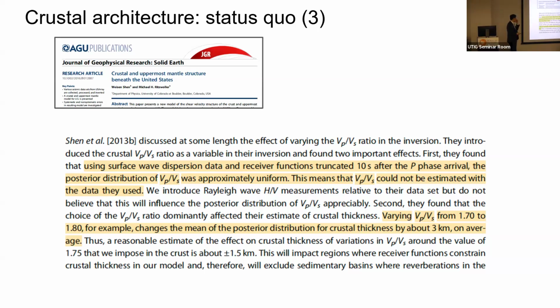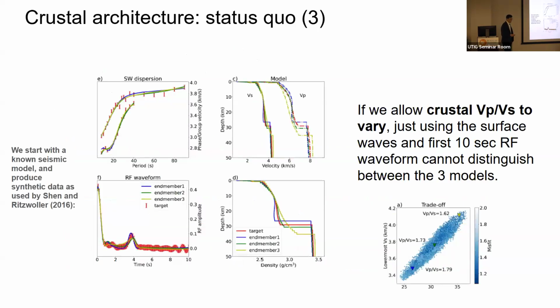At that time, I did do a thorough error analysis. My conclusion is, if the VPVS ratio you assume is about 1.75, and if the real Earth goes from 1.7 to 1.8, it's not that big a problem. It can affect you about 1.5 kilometers. Again, not a big deal if you study mammals and can live with plus or minus 500 meters. But